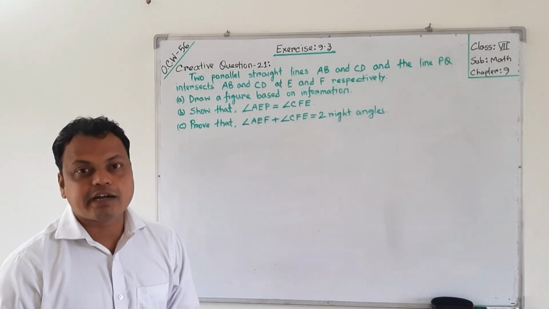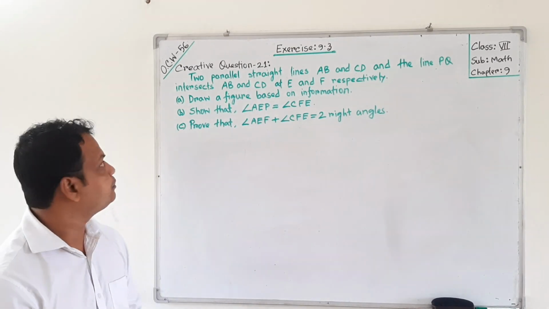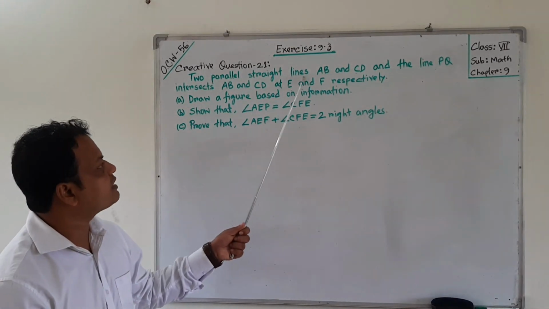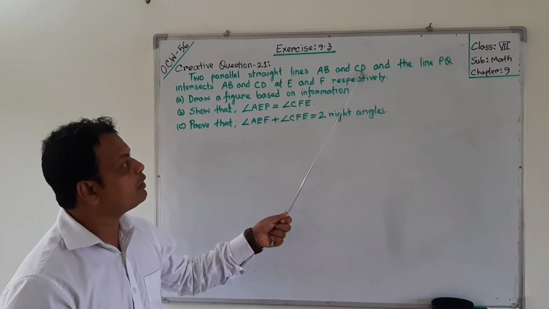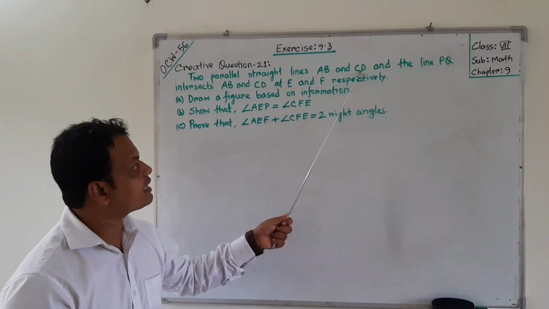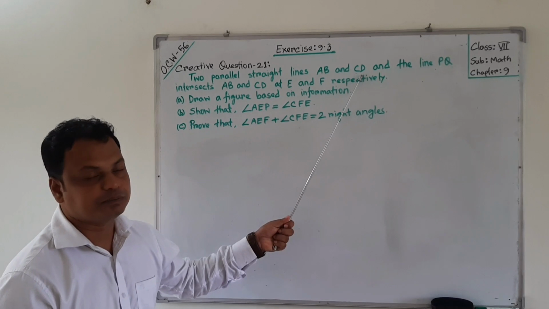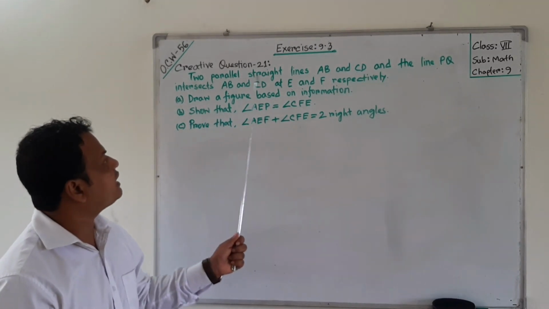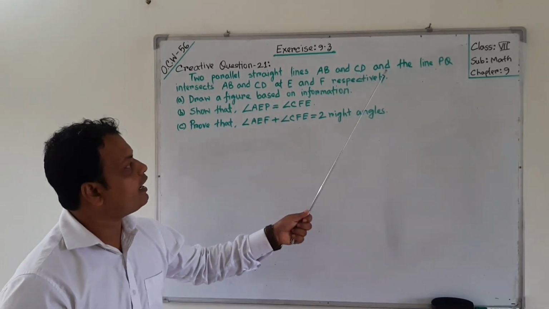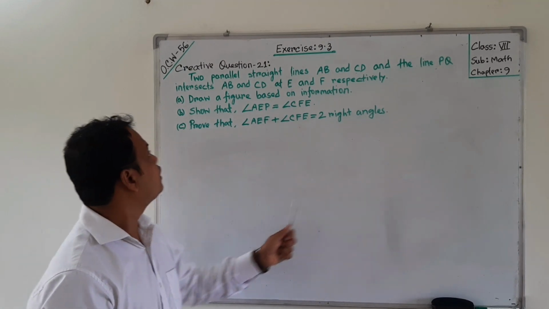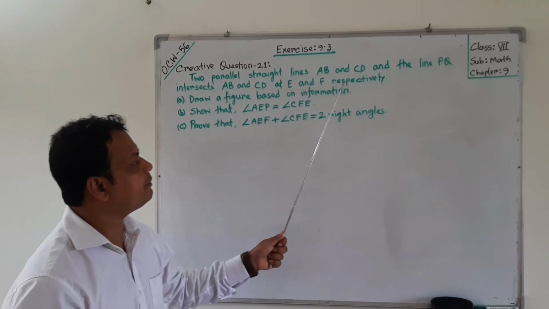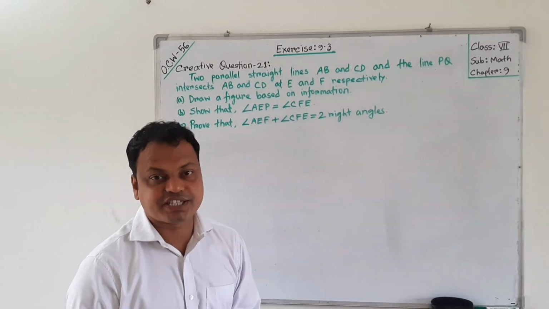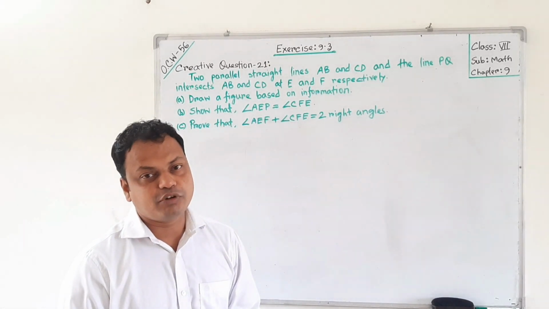Dear students, at first read the question carefully. Two parallel straight lines AB and CD. In the book, instead of CD we get CE, so there is a correction, it will be CD. So two parallel straight lines AB and CD, and the line PQ intersects AB and CD at E and F respectively. So this is the stem. From the stem, you have to answer